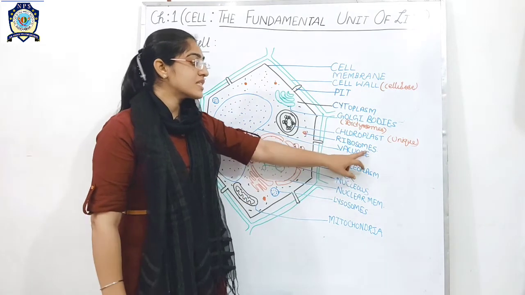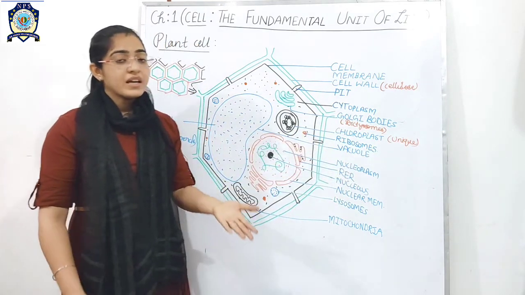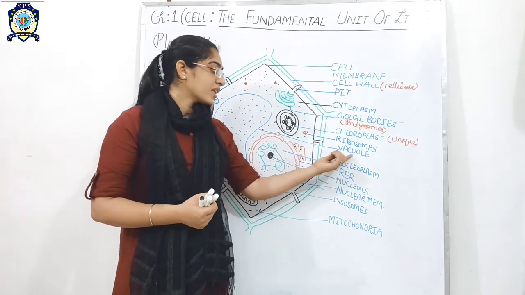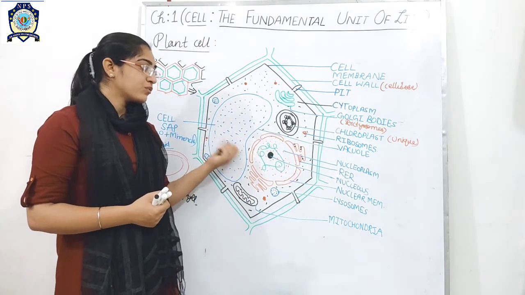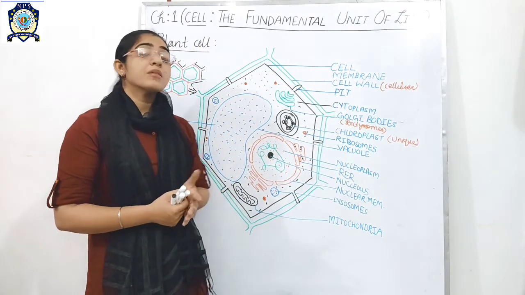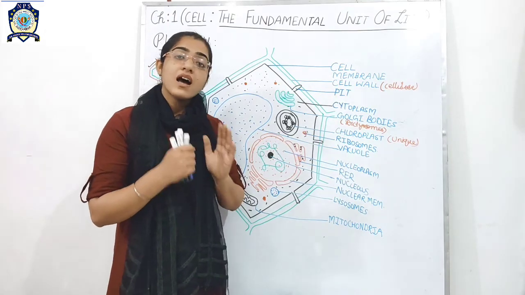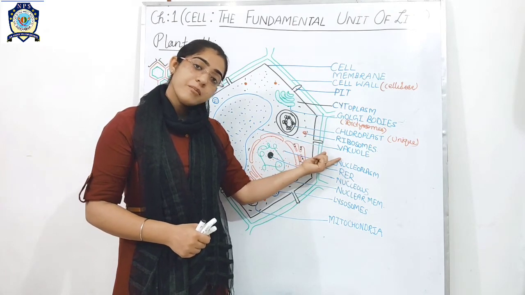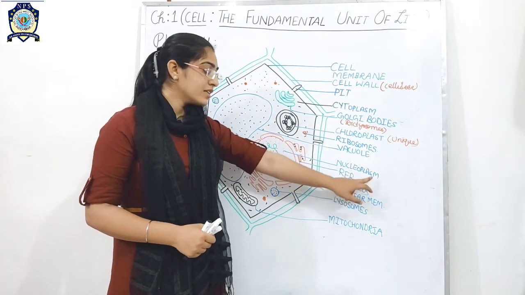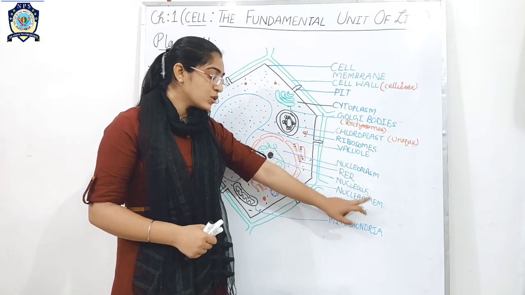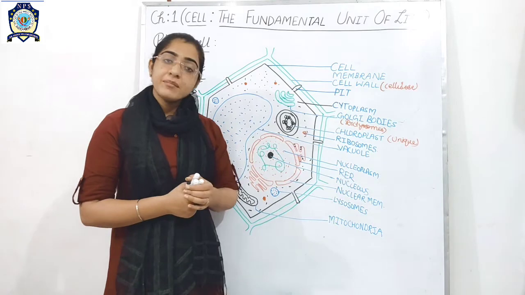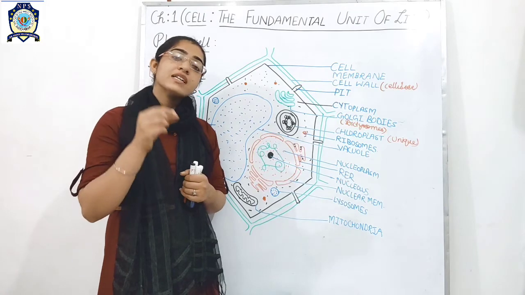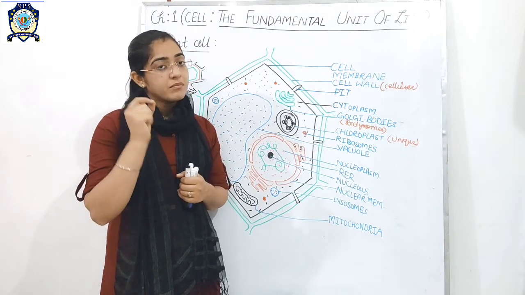Okay, and the next one is the ribosomes. You know very well that ribosome is called the protein factory of a cell. Then vacuole, this is again one of the unique features, that in case of the plant cell there is a large vacuole, and the function of the vacuole is the storage of the material. Then nucleus, nucleoplasm, nucleolus, nuclear membrane, and chromatin material. This is a part of the nucleus, and you know the nucleus contains the genetic material.